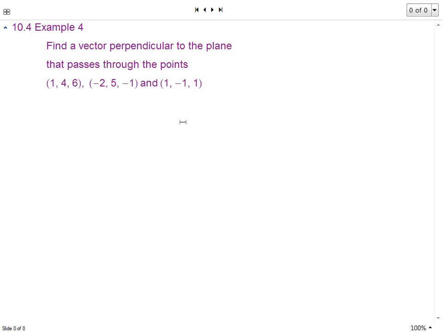Okay, find a vector that is perpendicular to the plane that passes through these points. This is an absolutely fundamental problem in this class. I mean, this is kind of like you want to run a marathon, you need to know how to put your shoes on, right? This is putting your shoes on. You must be able to take a plane and find a vector that's popping out of that plane, that's perpendicular to the plane. So geometrically speaking,